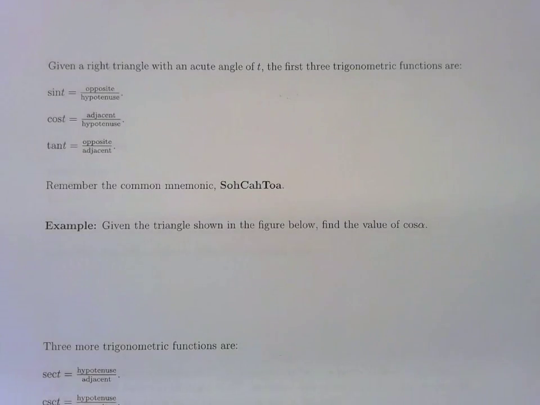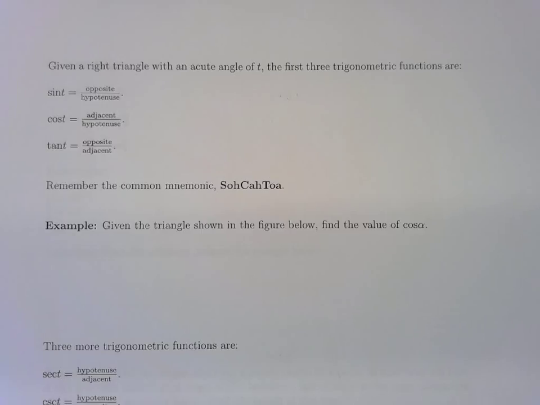Okay, we are on the top of page 12 on the additional topics section, and we are going to start trigonometry today, how you normally think of trigonometry: sine, cosine, tangent. So we're going to do those definitions, and then we're going to look at the unit circle again. Okay, so it says, given a right triangle with an acute angle of t, the first three trigonometric functions are,